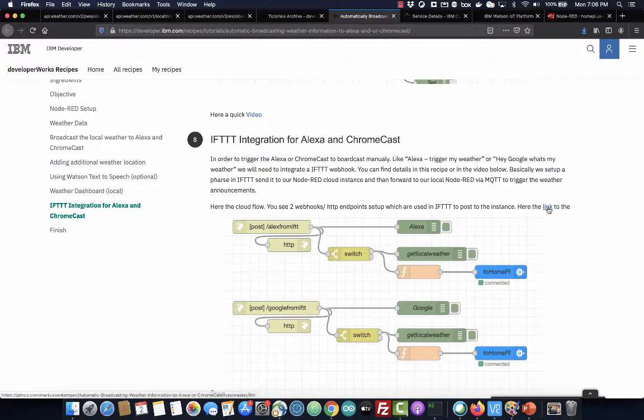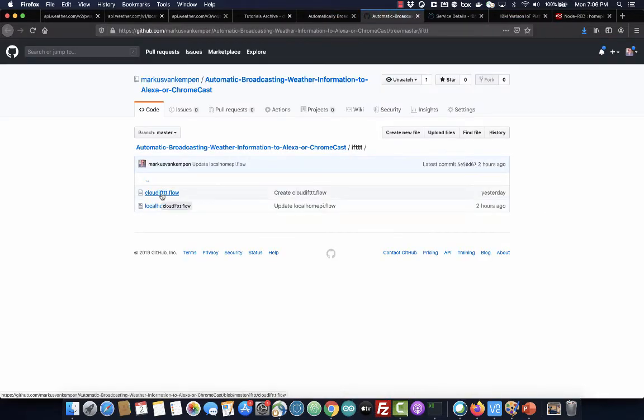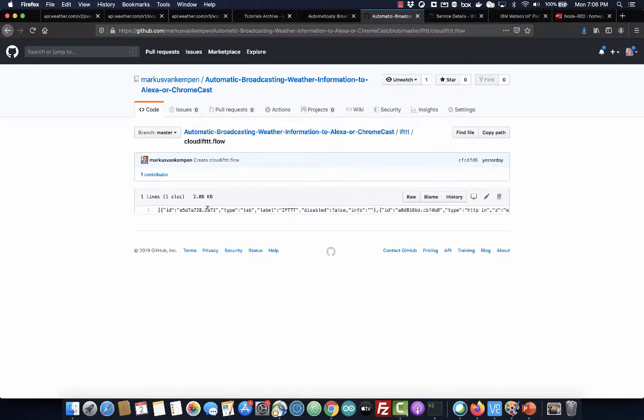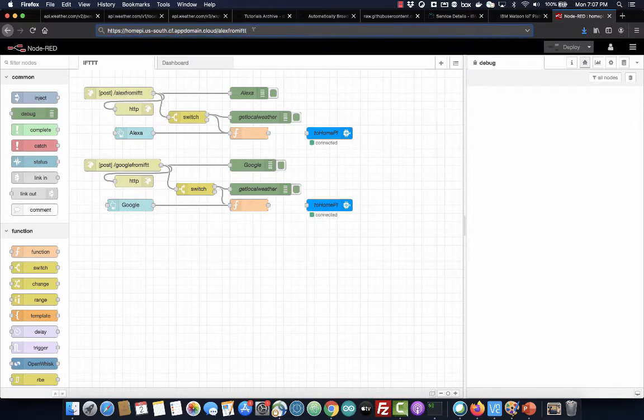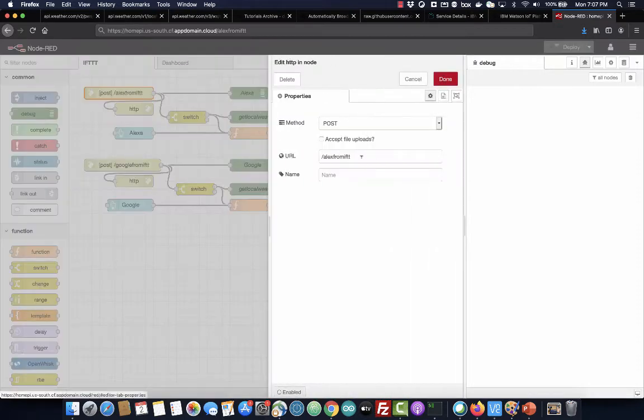and take this other flow, the cloud flow. So take that flow, copy that, and then go to the cloud Node-RED instance, which I have somewhere here. Yeah. So this is a cloud Node-RED instance which I set up. So just import the flow. It should look like this. It has two endpoints. So what we need is take this endpoint,